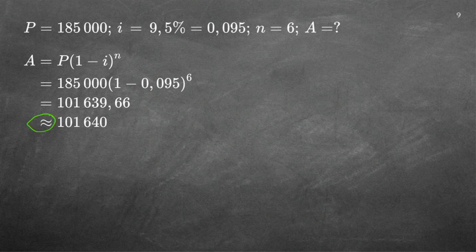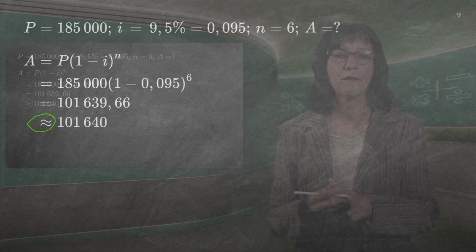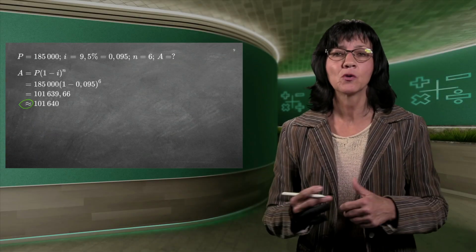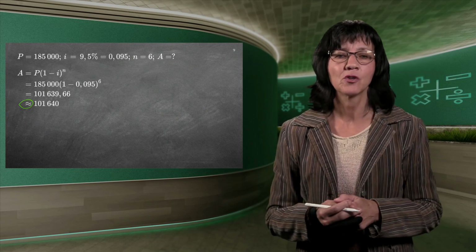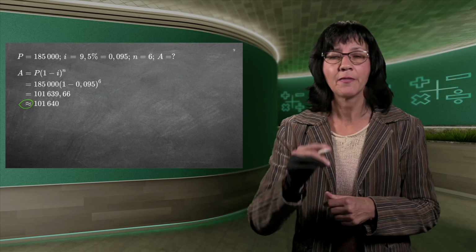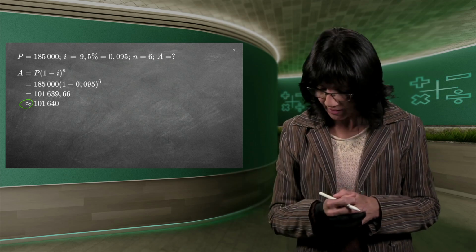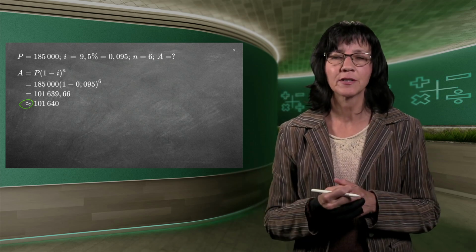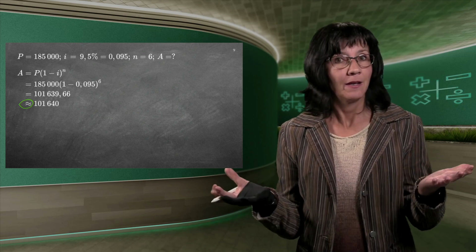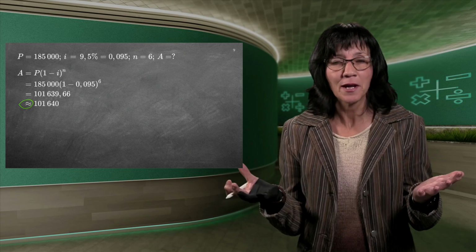You need to now write down that the population will be 101,640 because it's people. Now you have to round up or down, but because it's a 6, you rounded it up, so 640 in the end. And that's why we make that little squiggly equal sign to show it is actually a rounded number. Easy. That's all you need to be able to do.